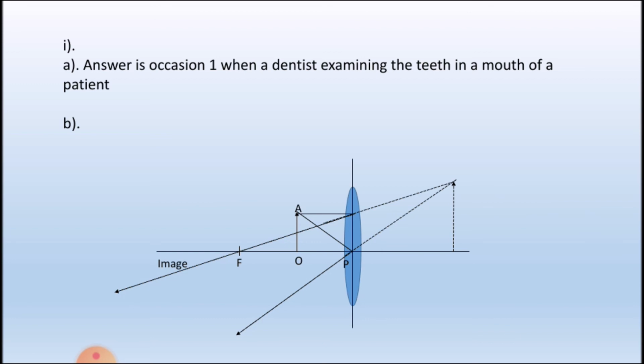From the reflected rays you can see that they are not converging, therefore this is not a real image. When we extend these reflected rays in the backward direction as shown in the dotted lines here, the rays appear to converge, and therefore this forms a virtual image. The properties are: this is a virtual image, erect, and magnified, that means larger than the size of the object, and it forms behind the mirror. So this is the answer for this question.